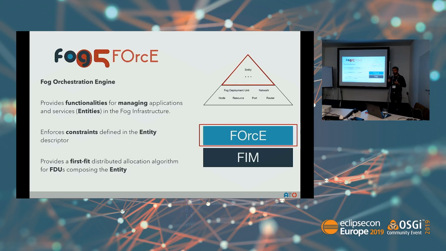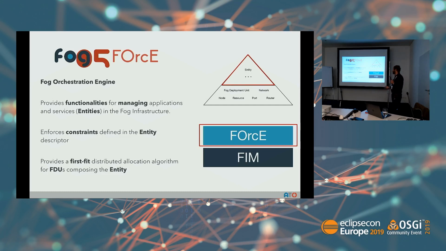Because talking with customers or with people coming from telco, they said, okay, but this is a network service. But when you talk with people coming from industrial IoT, they say, yes, but this is my application. So we came up with, okay, we call it entity and we don't care. And for us, an entity is just a composition of FDUs, and we will see later what the FDUs are, because they are an abstraction provided by the lower layer. We will define that later because it's something provided by this layer. So at the end, the entity is just a composition of FDUs, but you can think of an FDU as a component of your application.